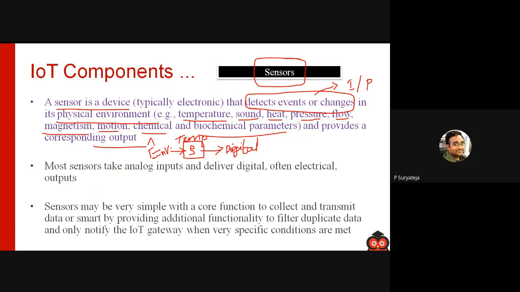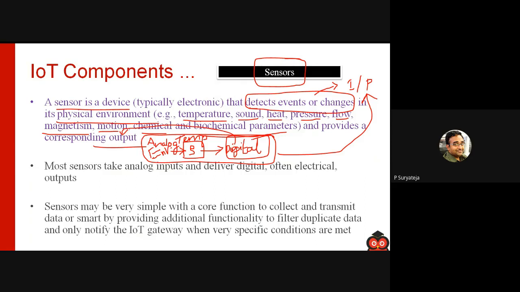Let's say the analog temperature is converted into digital temperature. So this is the output we are talking about here. But still, as a whole, this is considered as input only. This digital output will be considered as input to the IoT system, right?